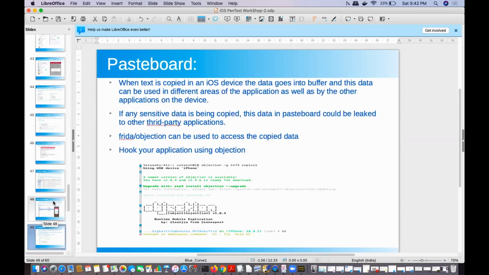So the next thing is the pasteboard. What happens is, when text is copied in an iOS device, the data goes into a buffer, and this data can be used in different areas of the application as well as by other applications on the device. So what is this particular issue with the pasteboard? Some applications